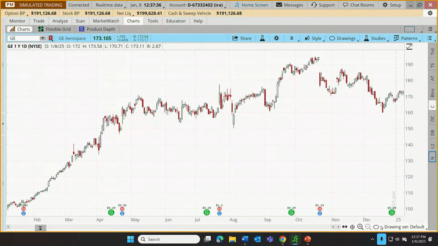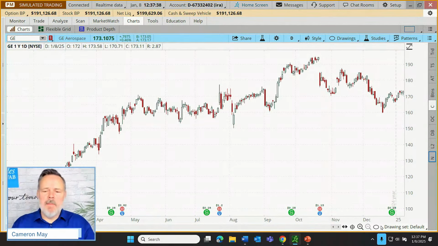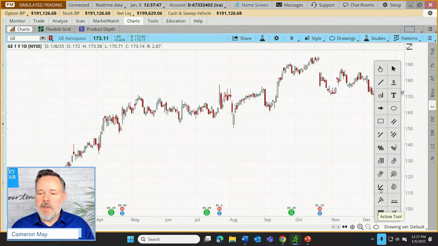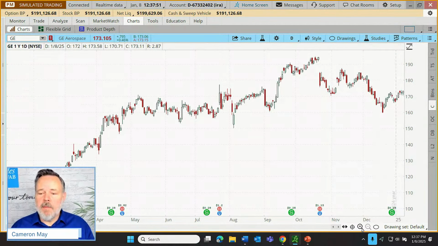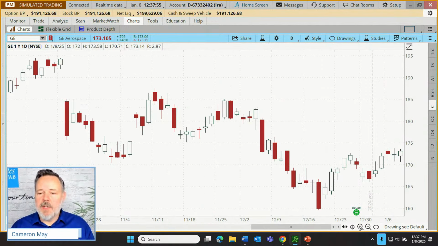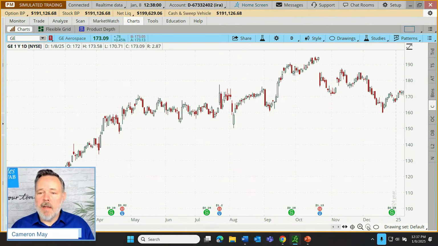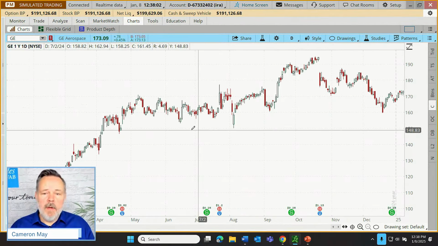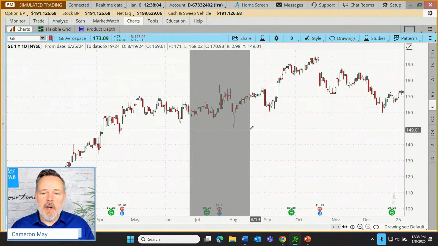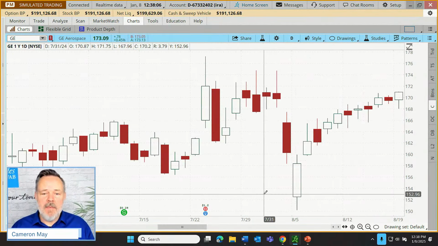Now, I was about to say finally, there's always something more I could show you, but I also want to point out down here at the bottom some of these functions. We've already discussed the drawing tools that are available down here. There is a zoom feature right here, these magnifying glasses. We can zoom in on the chart, click on the plus, zoom out on the chart, click on the minus, but we can also click and drag anywhere on the chart, and that will zoom in on that time frame.